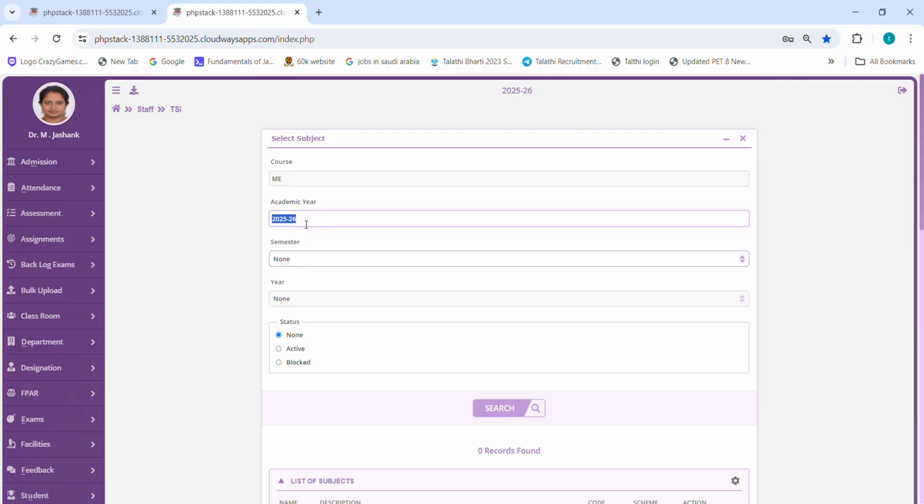Select the academic year. In order to change the academic year, press the arrow buttons. कीबोर्ड पे जो एरो बटन्स हैं अप और डाउन वाला, वो एरो बटन प्रेस करके आप ये ईयर बदल सकते हो. So I will select the academic year 24-25